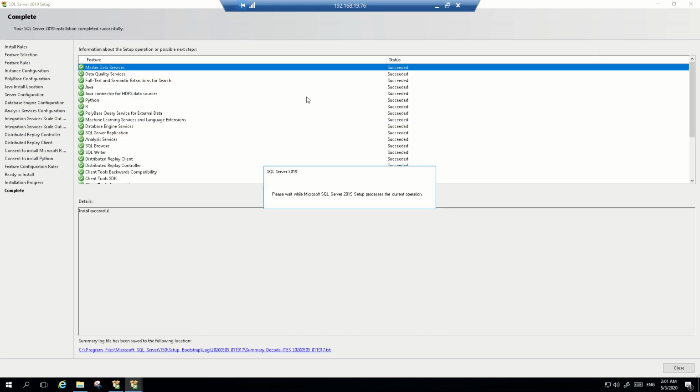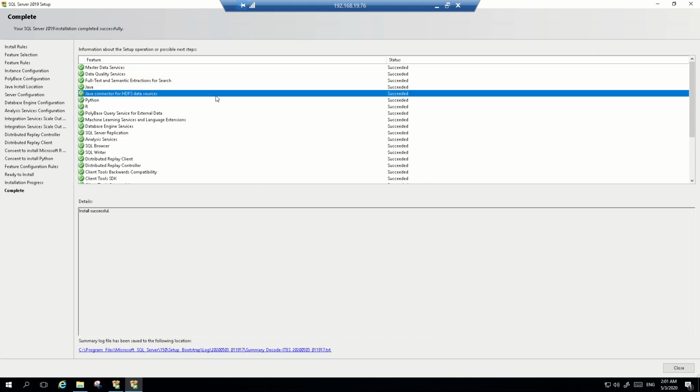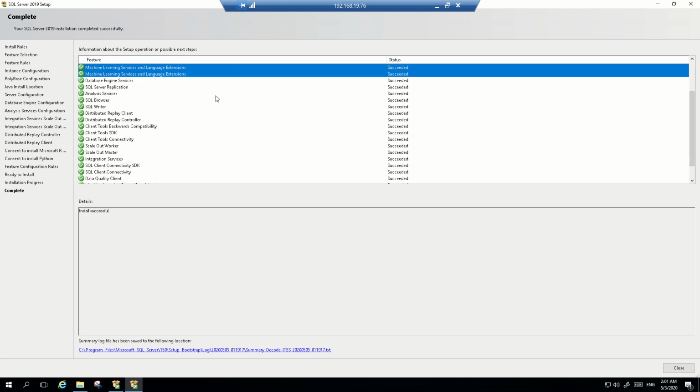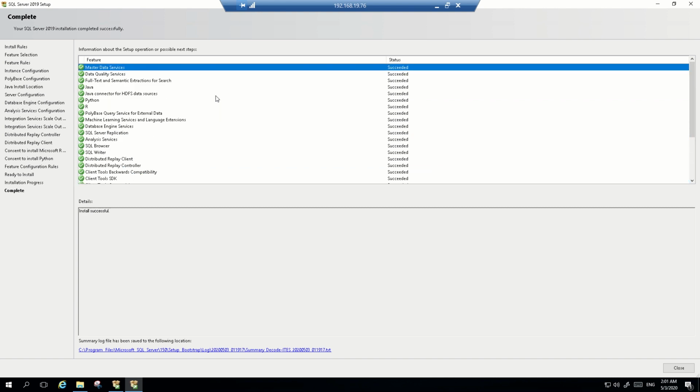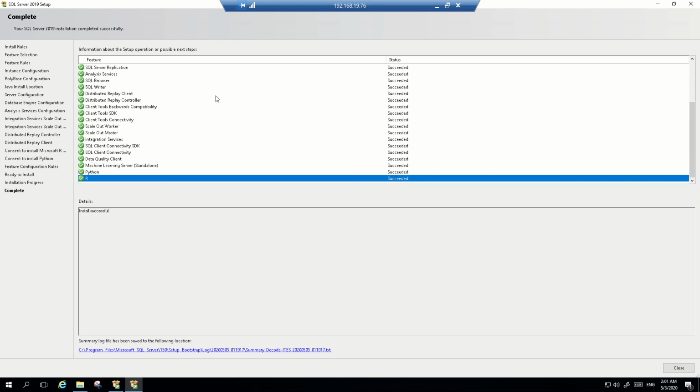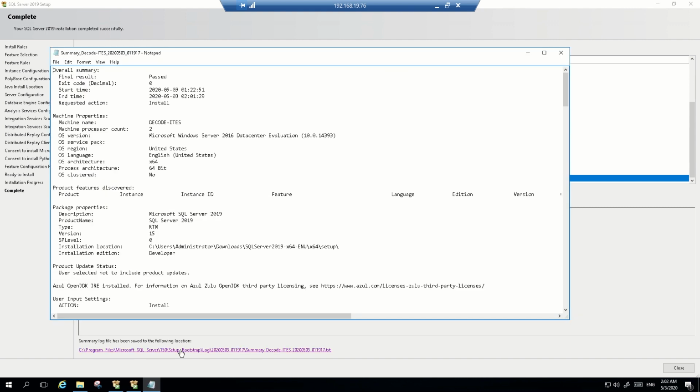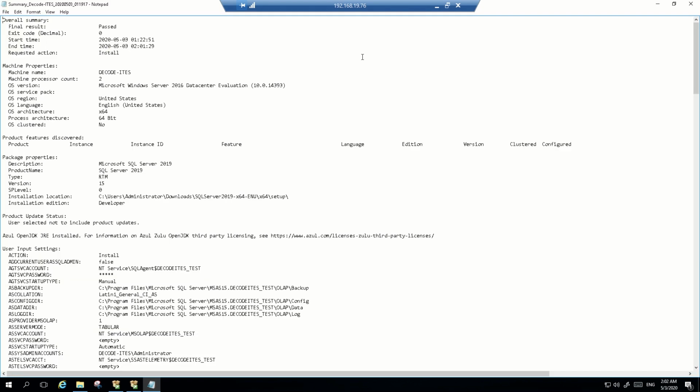So friends, our installation is completed, and all items or features are successfully installed. In the next few steps, I will take you to the installation summary and the way to connect all these components or services that we installed. So first, this is the summary log. Please remember this is very important from a troubleshooting perspective in case you face any issue or error during the installation. So it contains everything.